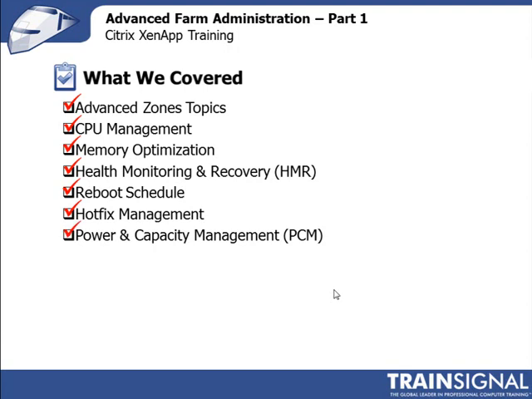And finally, we talked about power and capacity management, and how it is typically used to consolidate users on a smaller number of servers, thereby giving you the ability to power down the remaining servers so that you can conserve power, etc. But it doesn't really make a lot of sense, or isn't really enforced within a XenApp or terminal server model, because there's no real concept of live migrating the sessions connecting to particular servers in order to consolidate them. So the only thing you can really do is wait for the user to log